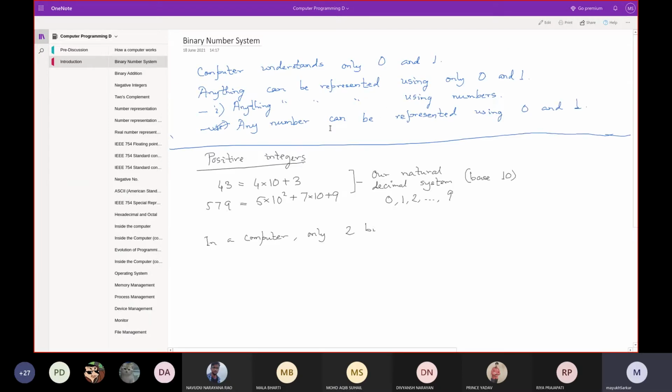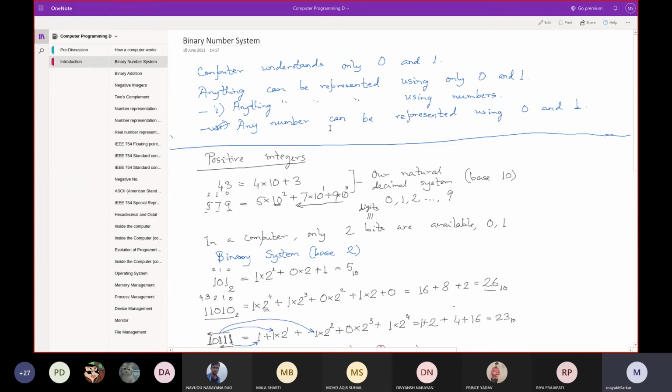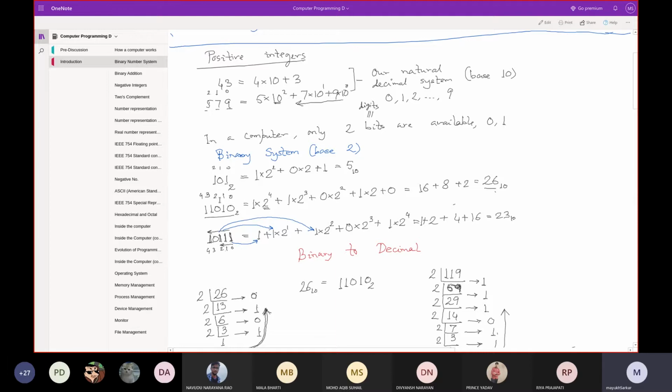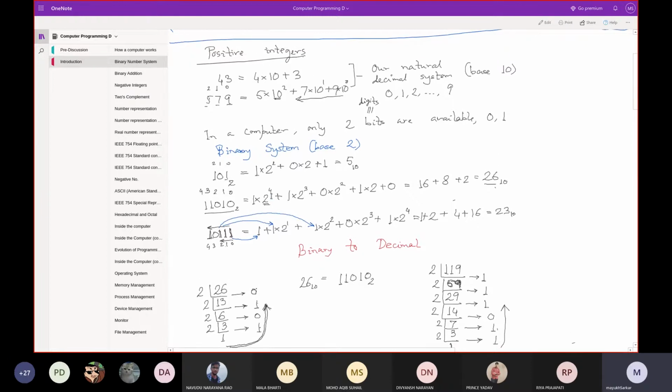In the binary number system, we have seen that we can represent any positive integer by continuously dividing by 2, and once we have the corresponding binary number, we can convert it back to decimal or any other base. In fact, from binary to decimal directly by simply multiplying by the corresponding powers of 2. I think you can remember how we convert positive integers from binary to decimal.